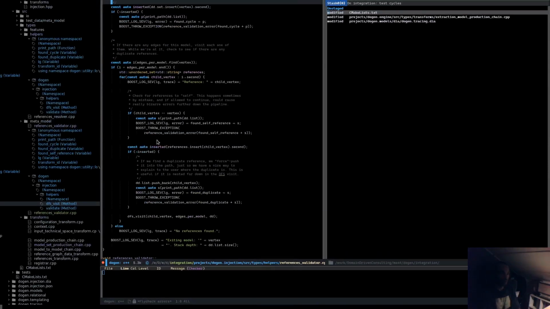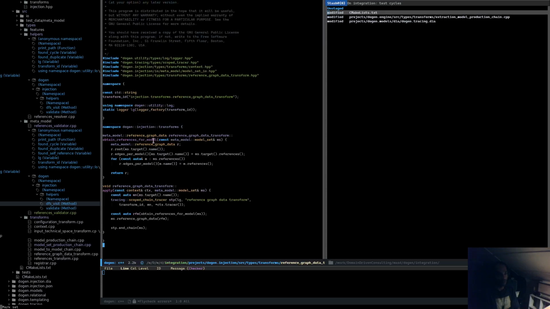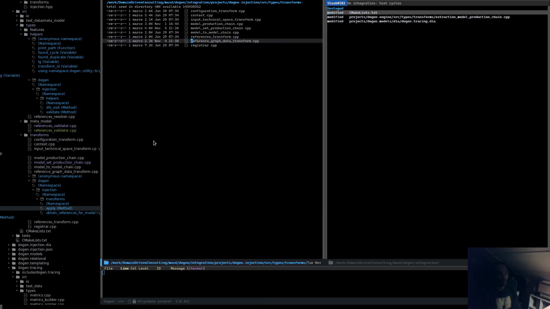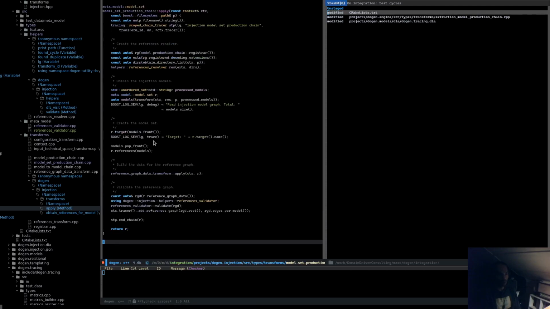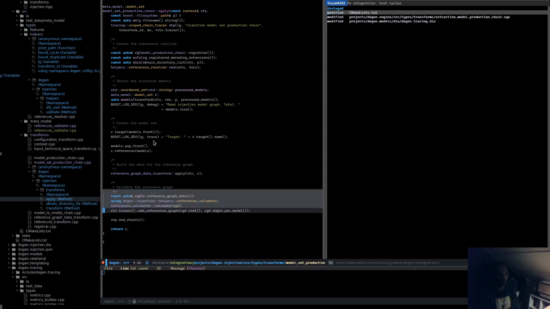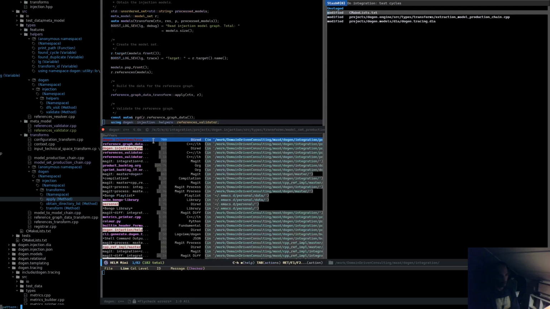So if you have a look at the transform, you'll see, as I say, it is pretty trivial. All it is doing really is that method that we had before to gather all the reference related data, and then we slot that into the property that contains the reference graph data. And then on the main model set production chain transform, we just need to make sure that we build the data for the reference graph, and then we validate the reference graph. And once that's done, we have this additional step here, which I'll explain in a second. So if we now quickly jump over to